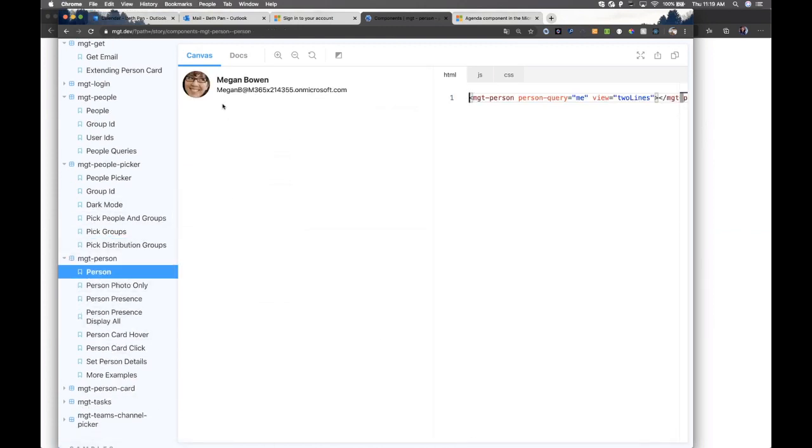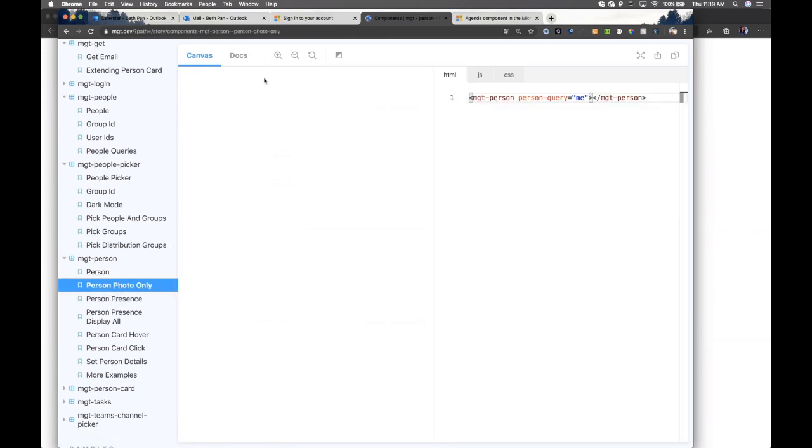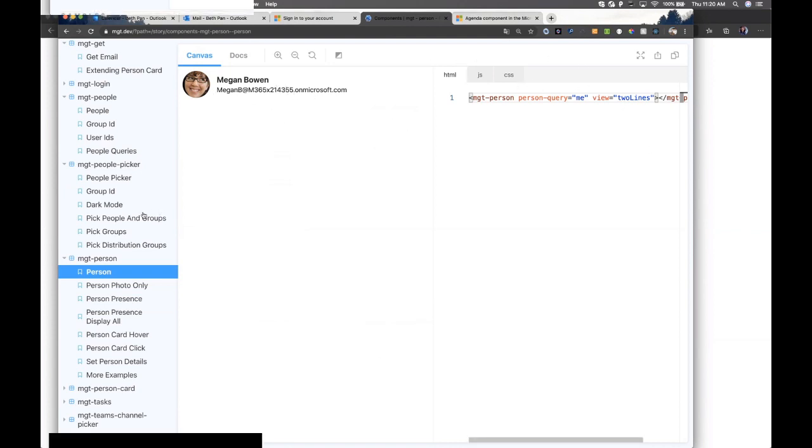MGT Person is where you can supply your user's basic information. We have a couple of ways that you can do it. A photo only, where it just shows this little Megan's photo. This is the default one that will give you the name and the email address. How you would change this is to supply it with